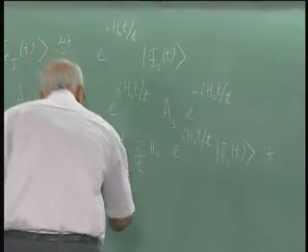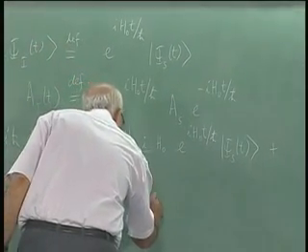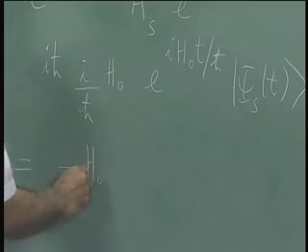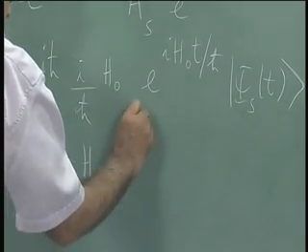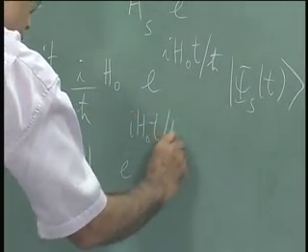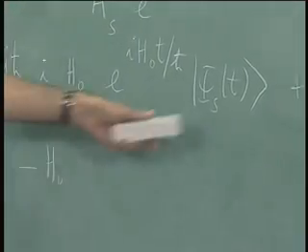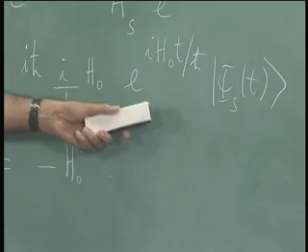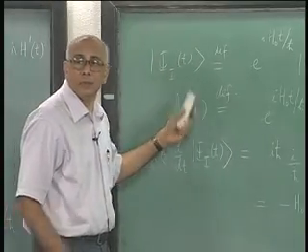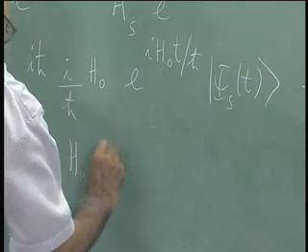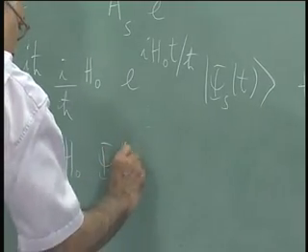So this is equal to minus H₀, this ħ cancels, e^(iH₀t/ħ) ψ_S(t). By the way, e^(iH₀t/ħ) ψ_S(t) is by definition ψ_I(t). So let me write this as ψ_I(t) with a minus sign here,